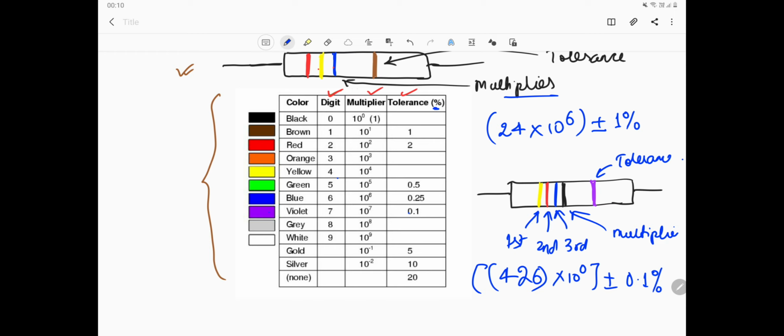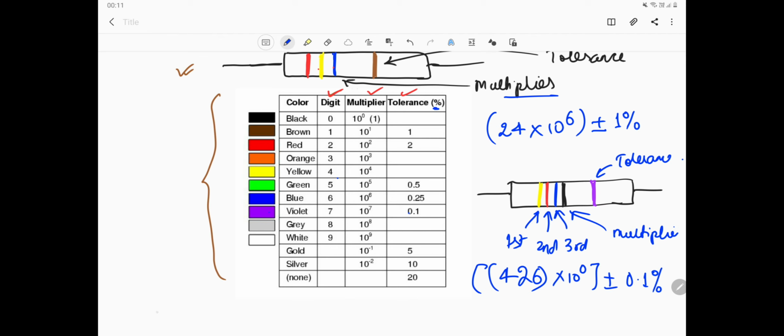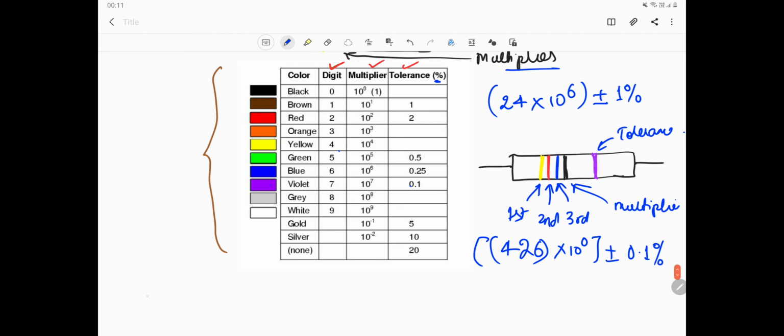Now similarly we can have 5 lines also, 6 lines also. 5 lines we have discussed. Now in order to remember this table, you can remember a phrase that is BB, that is black and brown, Roy, red, orange, yellow, of Great Britain, of I have written in small, of Great Britain.